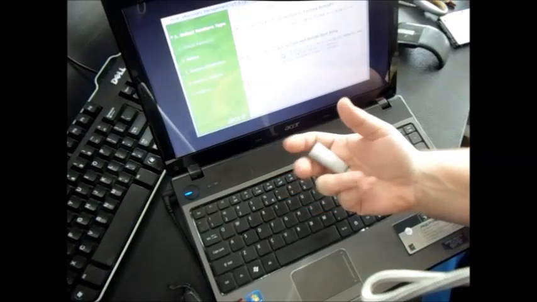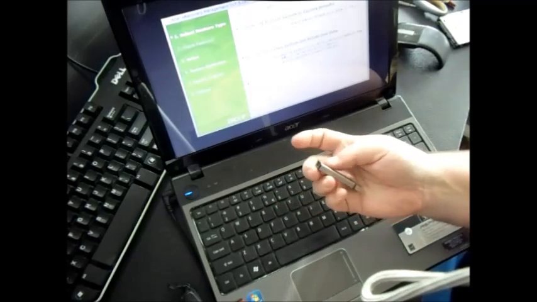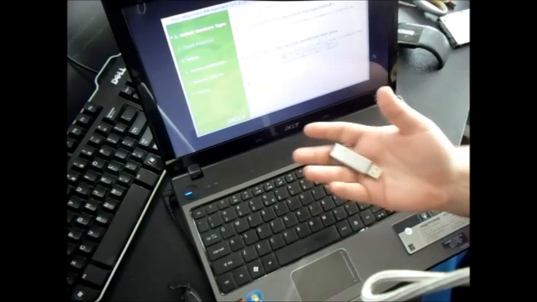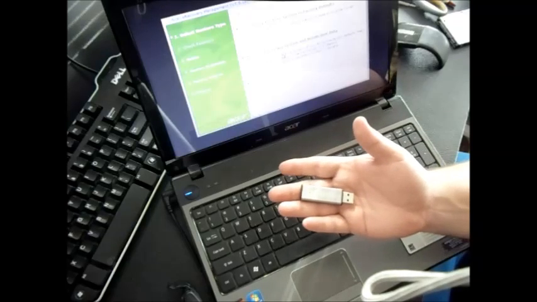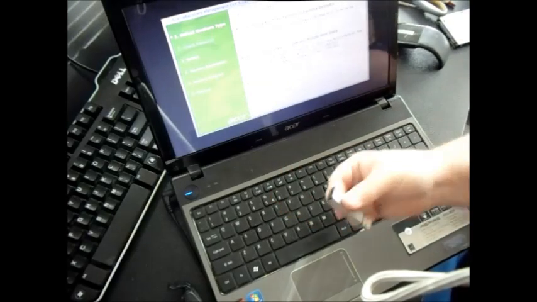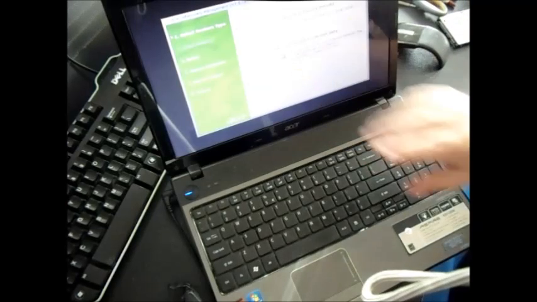You can get this at Walmart or Walgreens for like 10 or 15 bucks, and recover all your pictures and photos and your Word documents or your Excel spreadsheet documents. And then once you've got that, you can put it back to its original